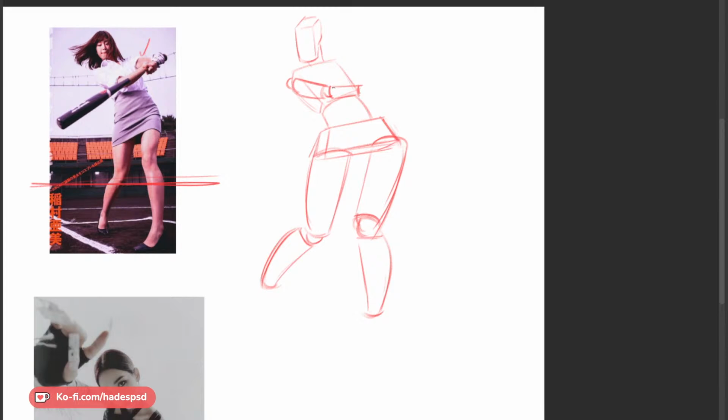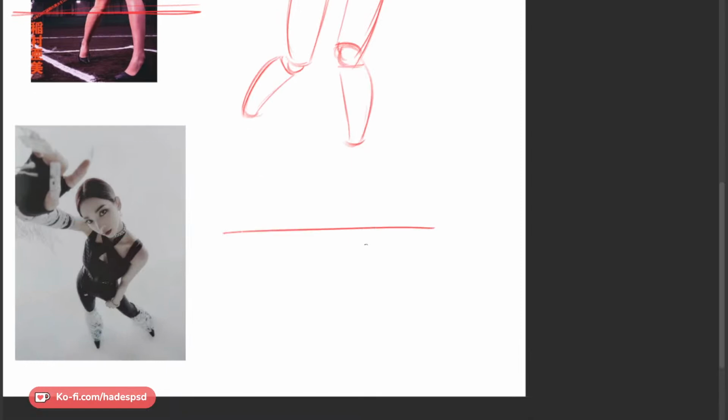And I imagine if I took a slice at a given point, would I be seeing the underside of it or the top side of it? Because wherever the horizon line is, let's say this is the horizon line, right? If something is above the horizon line, you're going to see the underside of it.